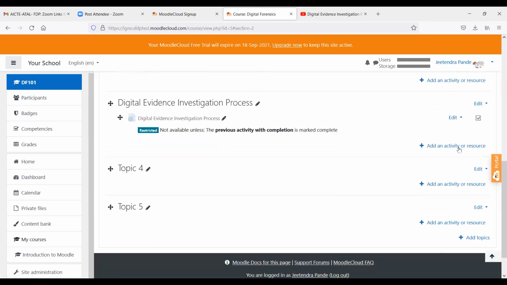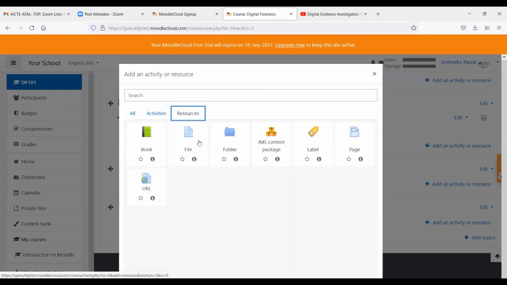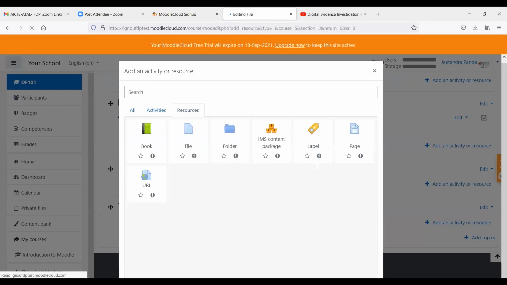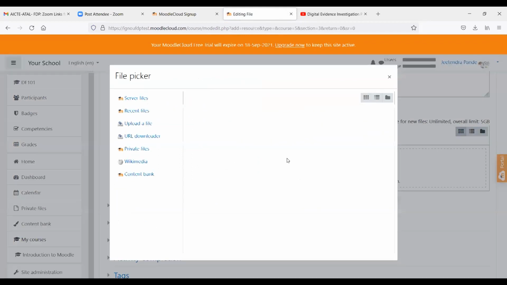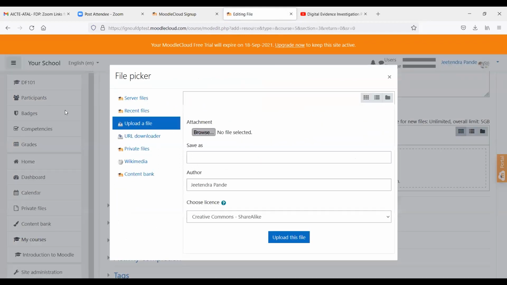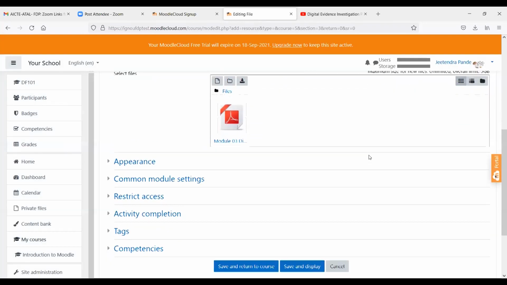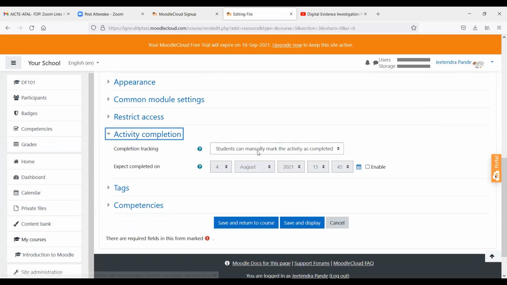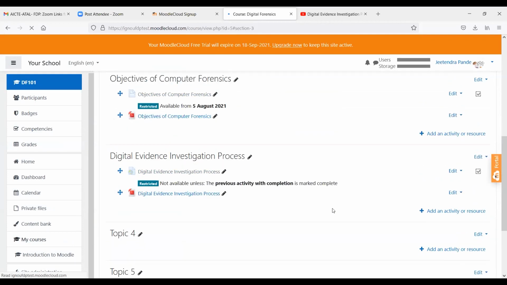We'll also add the text material to the 3rd module. We'll follow the same process. You can name it, upload a file, browse, 3rd module, upload this file. Activity completion, do not indicate. Save and return to course. So now we have